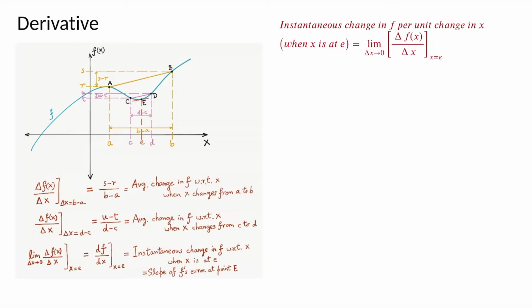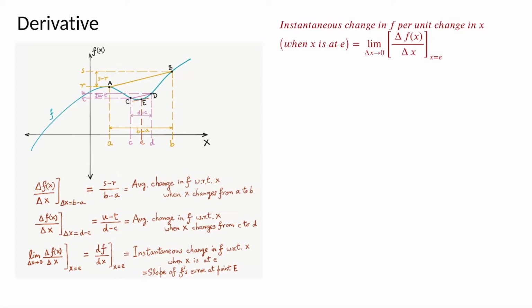So it is a limit of this quotient delta f by delta x. So the rate of change in f per unit rate of change in x while we are at x equal to e, and the limit of that as delta x approaches 0, that is, we are talking of very small change in x, and that is nothing but the slope of this tangent that we would draw on this curve at point x equal to e. So this boils down to finding the slope of the tangent. So how do we do that?